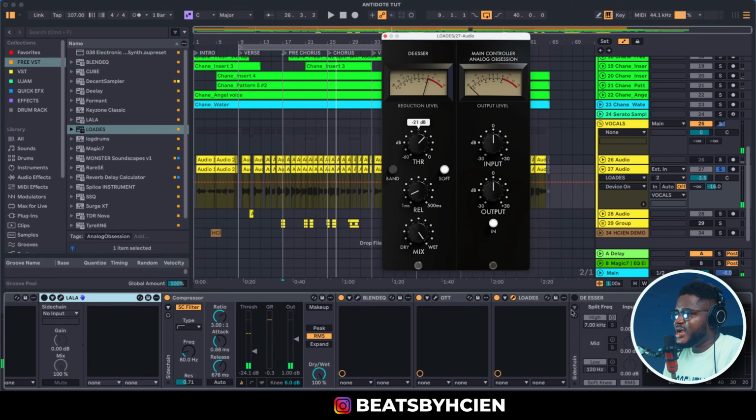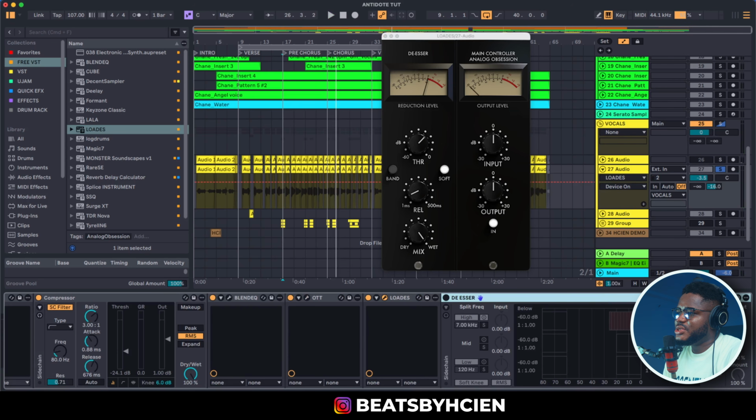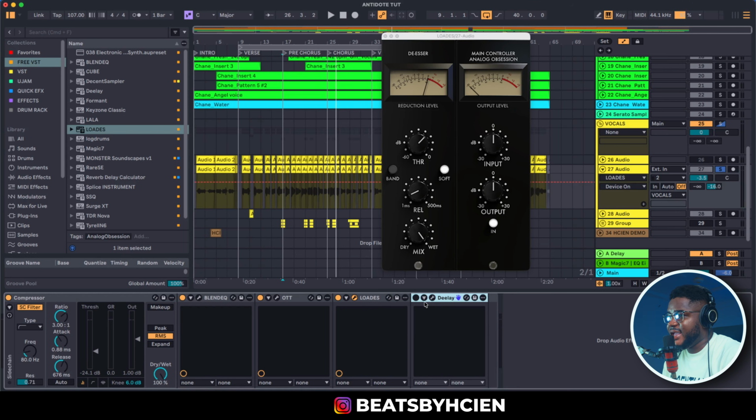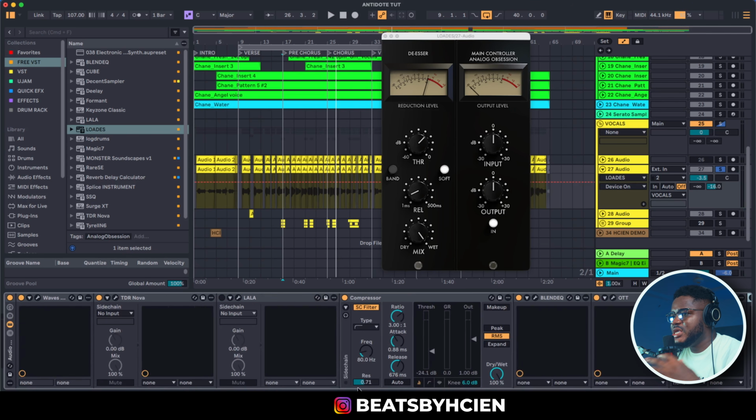And that's what I did for my de-essing. I was planning to use a normal Ableton de-esser. Check that out, but I wasn't liking what that was sounding like. And after I've done that, as you can see, first